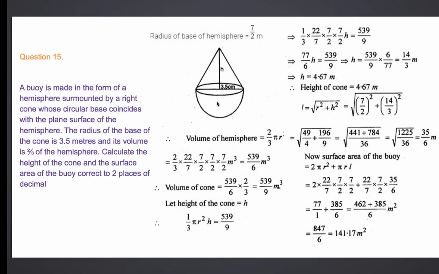There is a hemispherical part which is at the base. Above that we have a conical part. The radius of the base of the cone is 3.5 meter. So this radius is given, and its volume is 2 by...